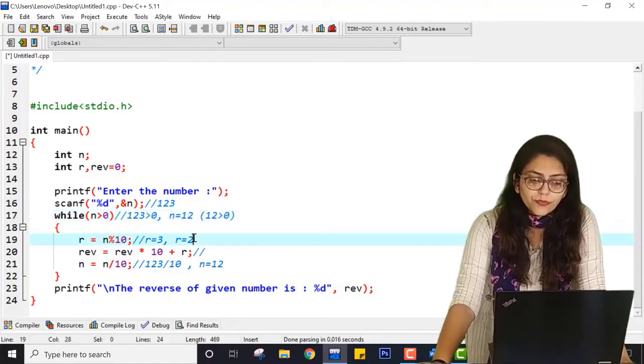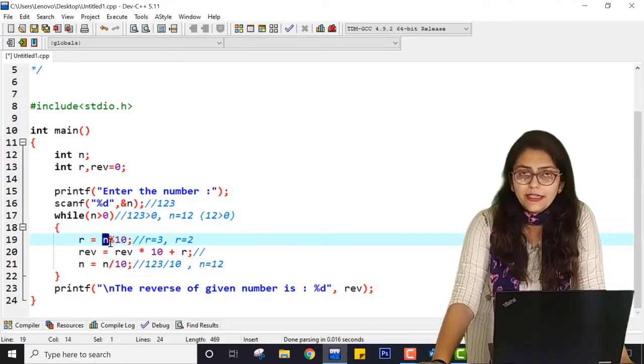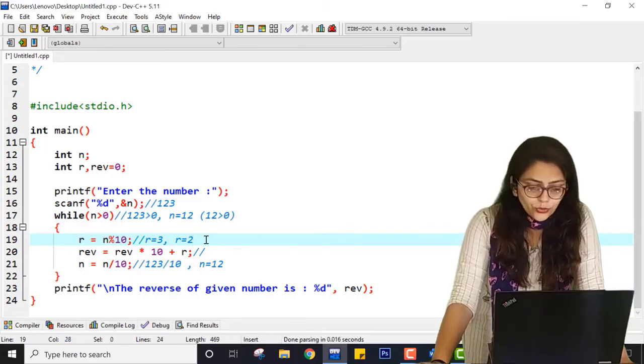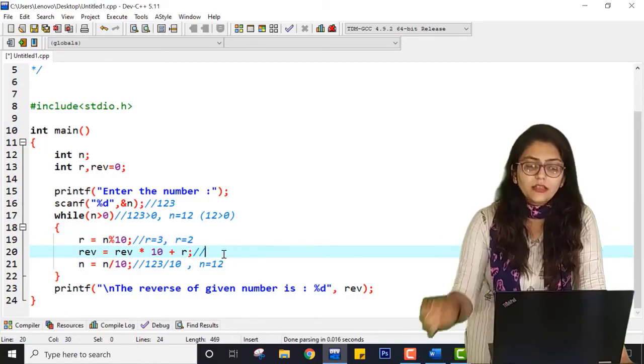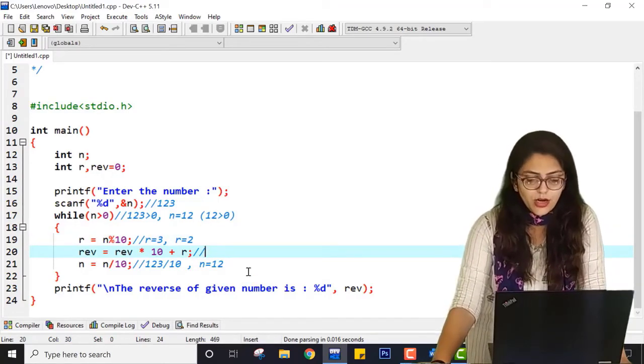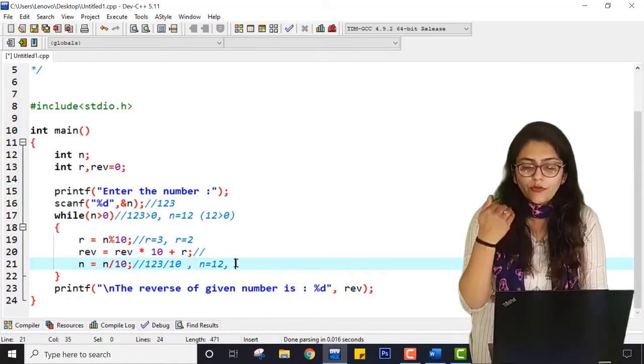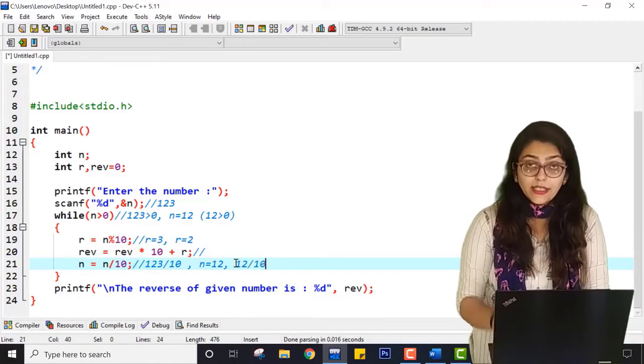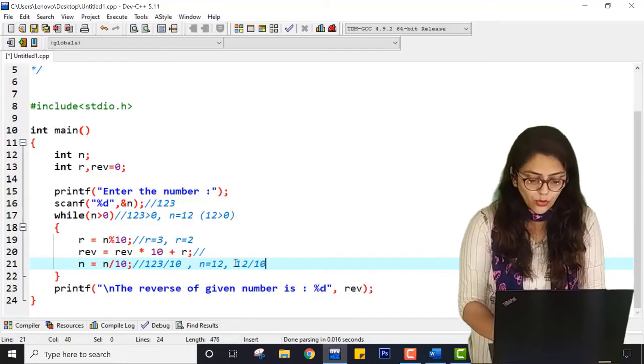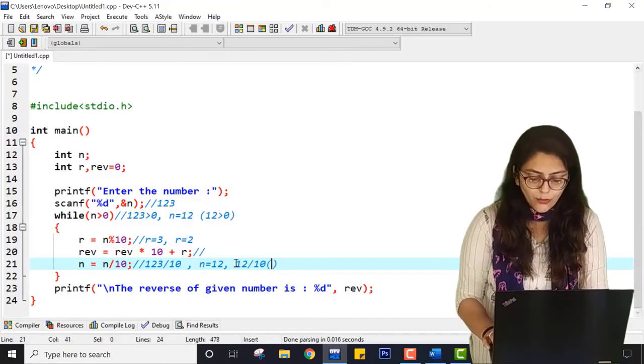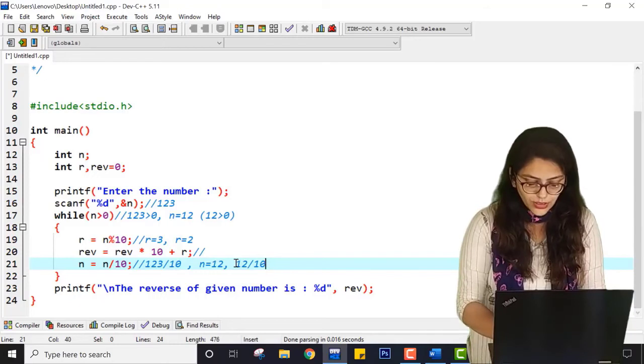Here 12 modulo 10 gives me remainder 2, and here I am adding this 2 to the previous remainder, and now n becomes 12 divided by 10, that is 1.2, but I am not going to use that. So now n equal to 1.